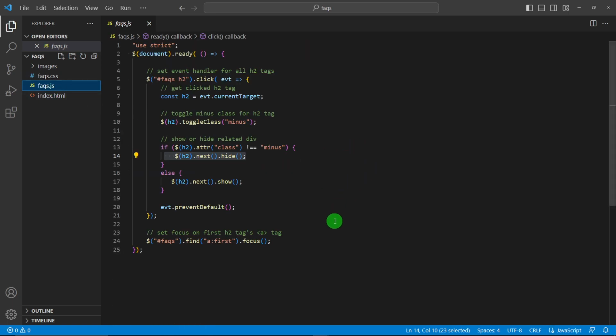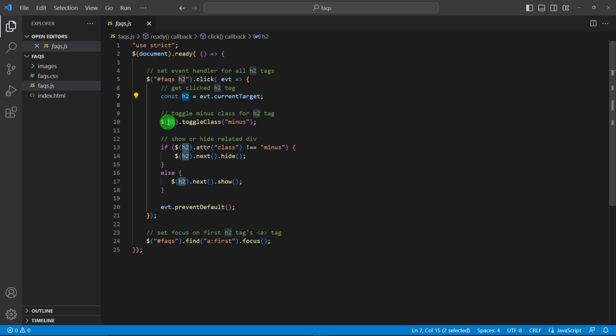And you can see this is actually very simple using jQuery. So we have our document ready function, so that tells us when our document object model has been loaded, and when it has, we're going to find all the H2s that are inside the FAQs ID, and then inside the function, the event that was clicked on gets passed into this variable, so we can see exactly which H2 was clicked on is going to get stored in this constant H2,